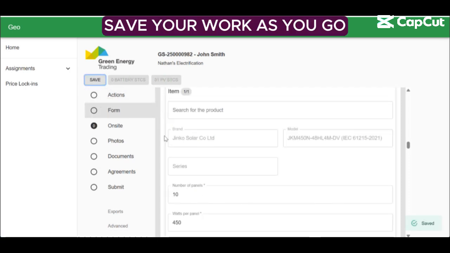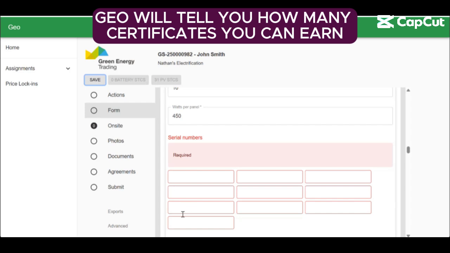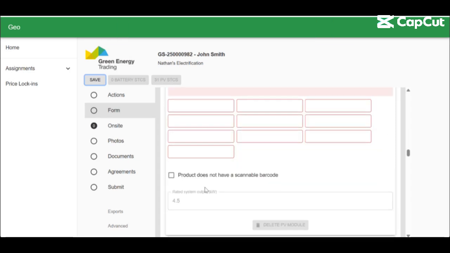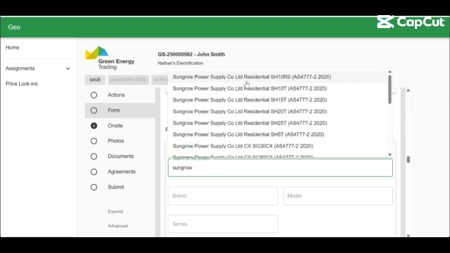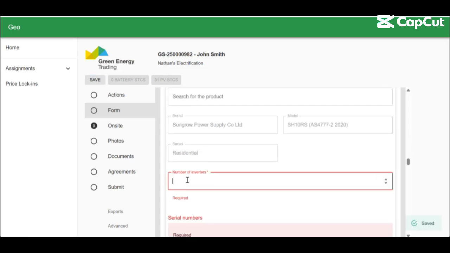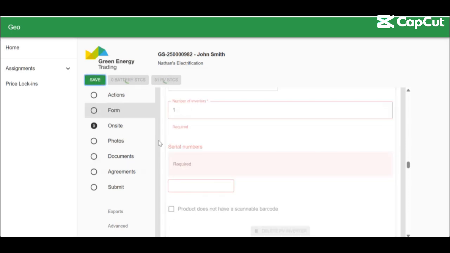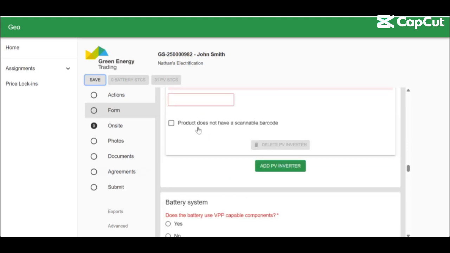So if you hit save, we can now see that we've got 31 PV STCs based on this. And then you've got 10 serial number buckets for your installers to use the app to scan the serials into. So that just works as it previously did. You can go in and add your inverter. Just picking the first brand that comes to my mind. One inverter, and then again scanning the serial number as you usually do via the app. So that's the PV component